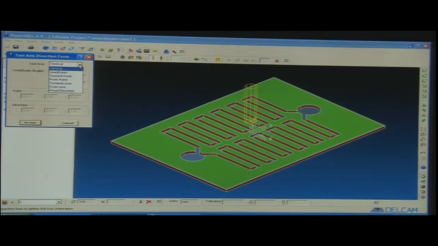Now, tool axis direction form, we can see here the tool axis can be vertical, lead lean, towards point, towards line, from line, fixed direction. These are different options in which we would like our tool to move. For instance, if we make some axis somewhere here, out of the block, the tool will come here first and then it will start leading towards the workpiece.